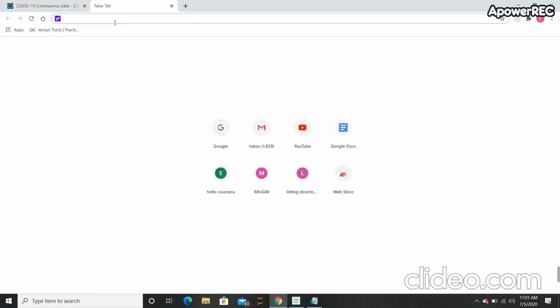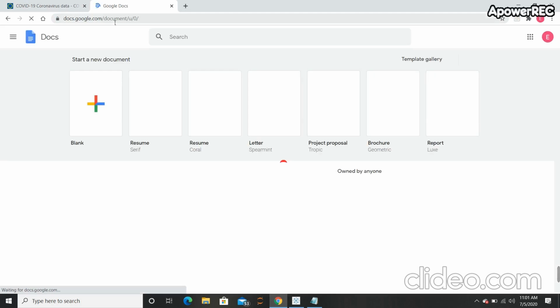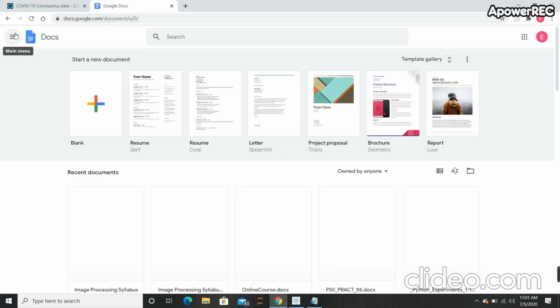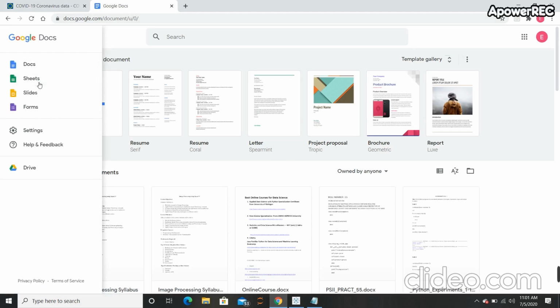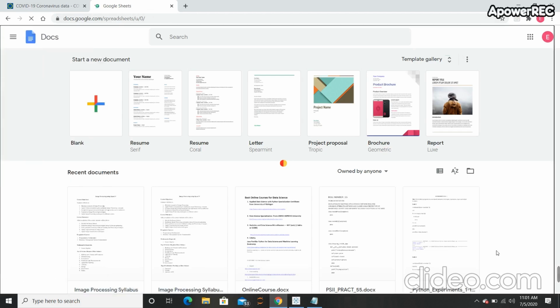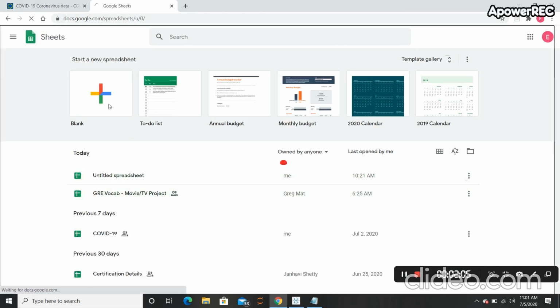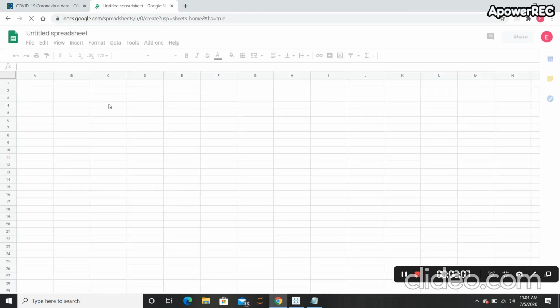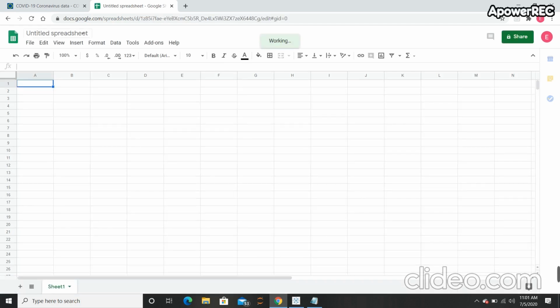and we'll go to docs.google.com. Here you have to click on this hamburger icon, go to Sheets, click here, name your sheet. I will name it Corona